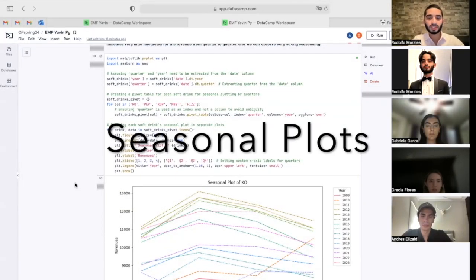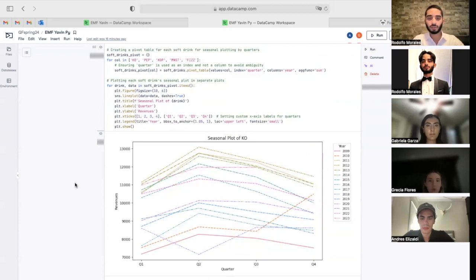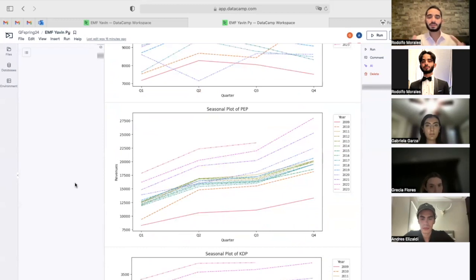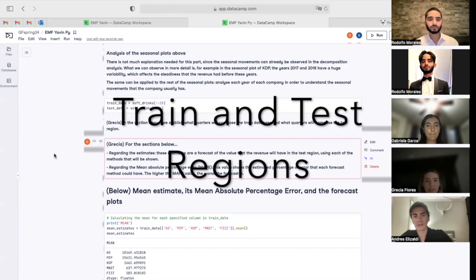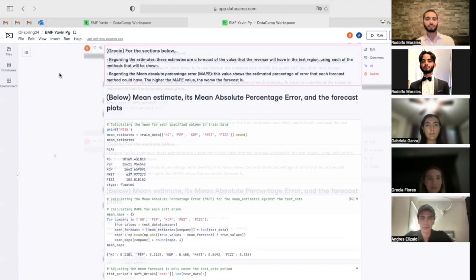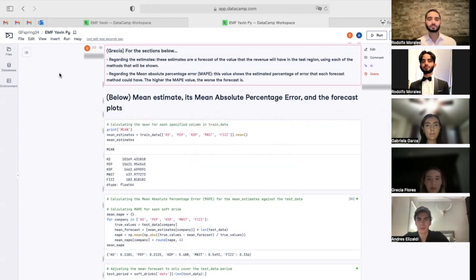continuing the upward trend. In this section, we are going to show the seasonal plots of the 5 companies, and we are going to show the movement of the 4 quarters of every single year. But it is not worth mentioning since we already saw the seasonality in the decomposition plots before. In this section above, we established what quarters will compose the train database and what quarters will compose the test